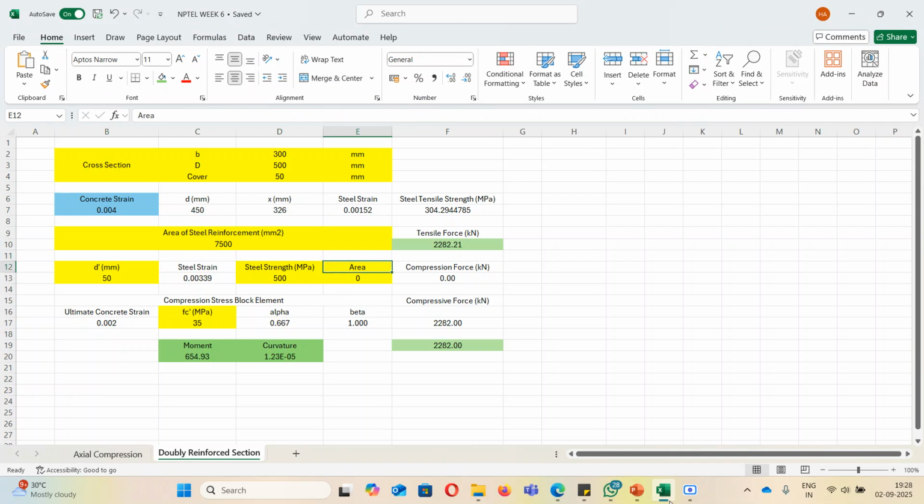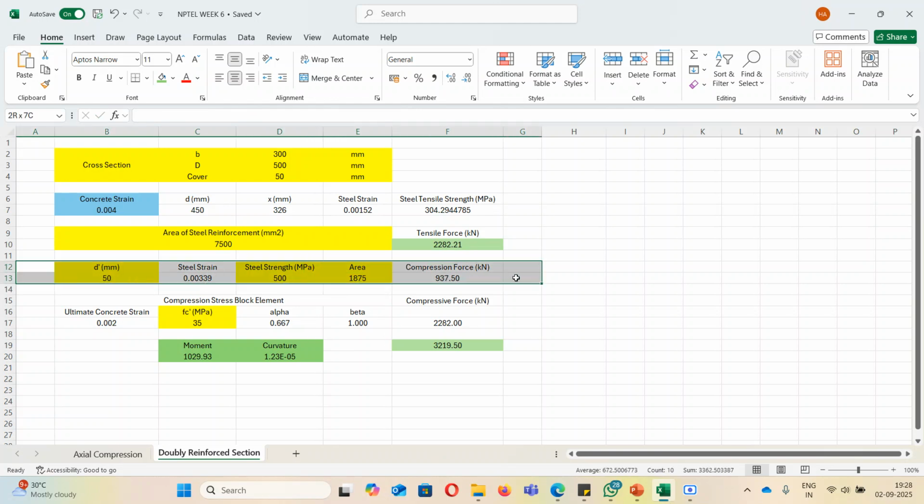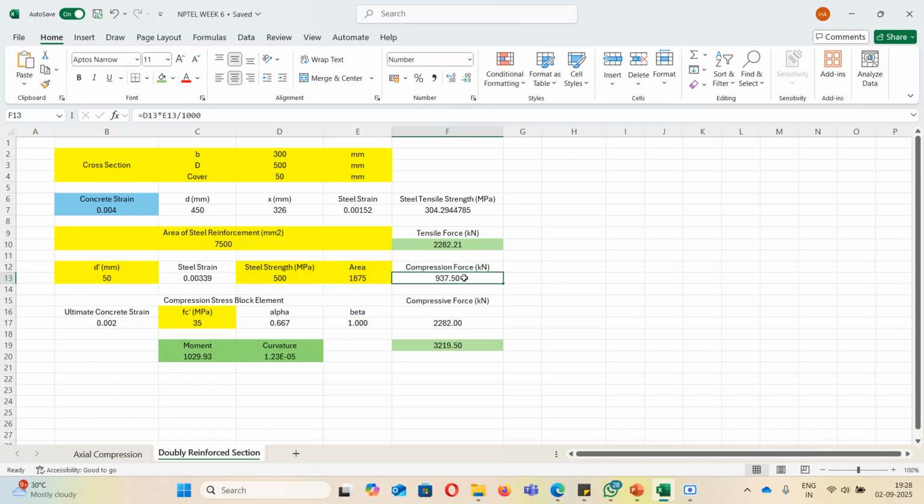So what I will do in this sheet, I will just add area of compression steel also. Now you can see this whole section where we are calculating compression force, element of compression steel, force element of compression steel, it will become active. And the total compression force will be the summation of compression force of concrete plus compression force of steel in the compression side. Okay, so this 3291.5 value, you can see this is coming from addition of this block plus